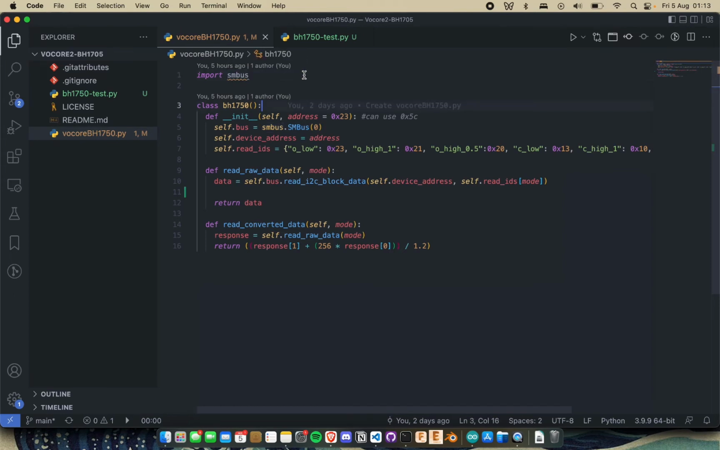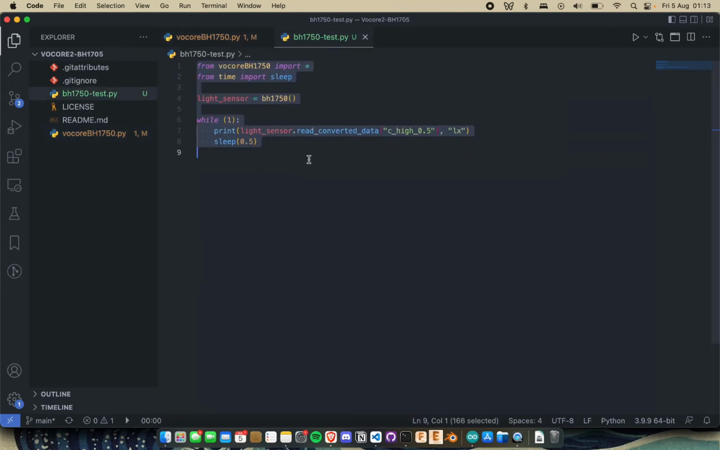So I'm going to show you a code for testing it right now, and we are going to run this code that is already on the Vocore too. And you can see it here. On the first line, I'm importing the library, and I'm importing everything that is in it. On the second line, I'm importing the function sleep from the time module of Python for giving a delay after